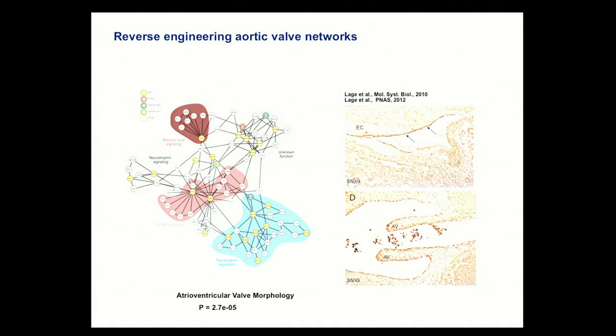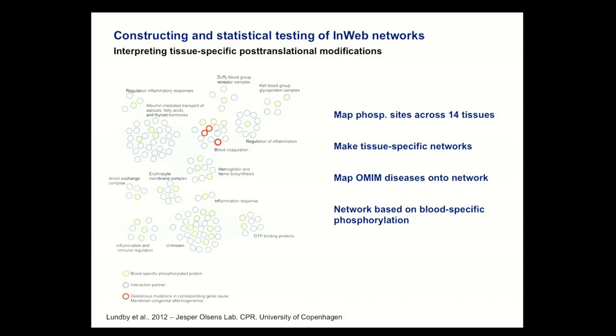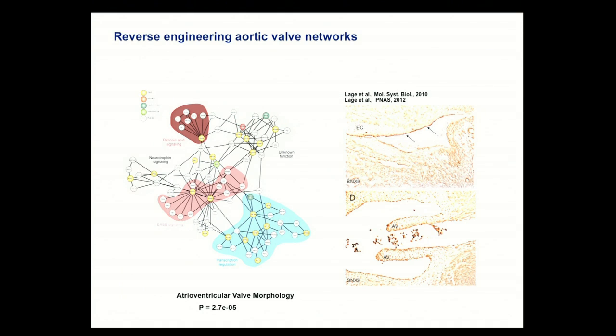Unfortunately, these tools are not available, but we're hoping to make them available. I'm going to show you that in a few slides. Just another example of how we can reverse engineer networks based on lists of proteins. In this case, we had a number of proteins. All the orange proteins are known to be involved in aortic valve development. I'm very interested in the cardiovascular disorders, so we set out to see, can we map an aortic valve developmental network? So we basically ran through the algorithm that I showed you a few slides ago,